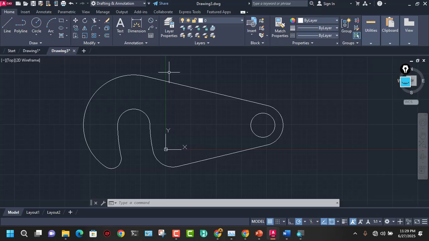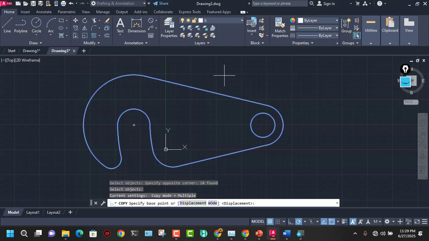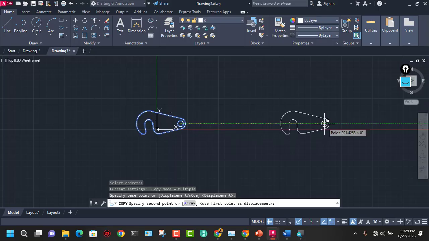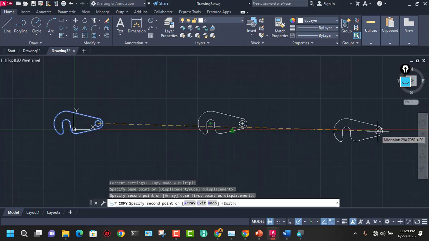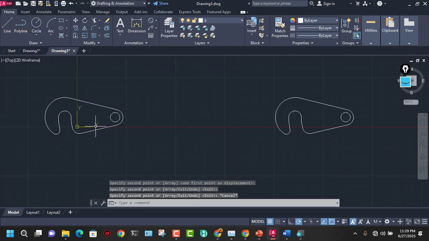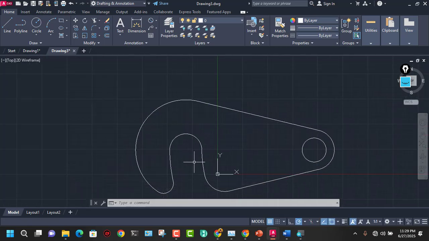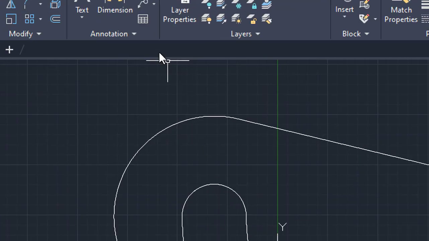So in order to make copies, I'll click on the copy tool, select all this, hit enter, make one copy, make another copy, and escape. Okay, so for this, same thing I did previously, click on this,